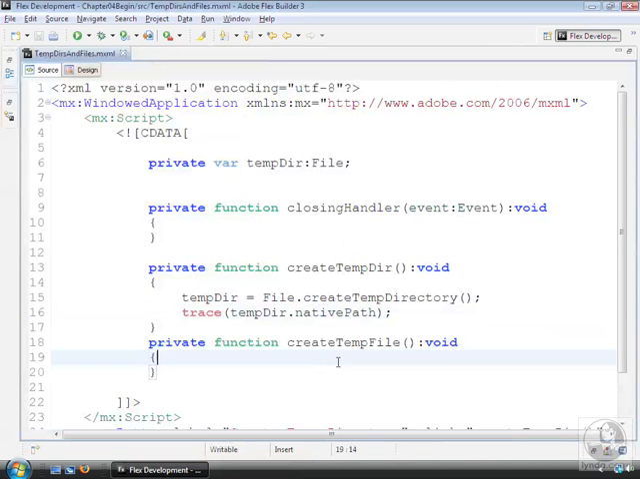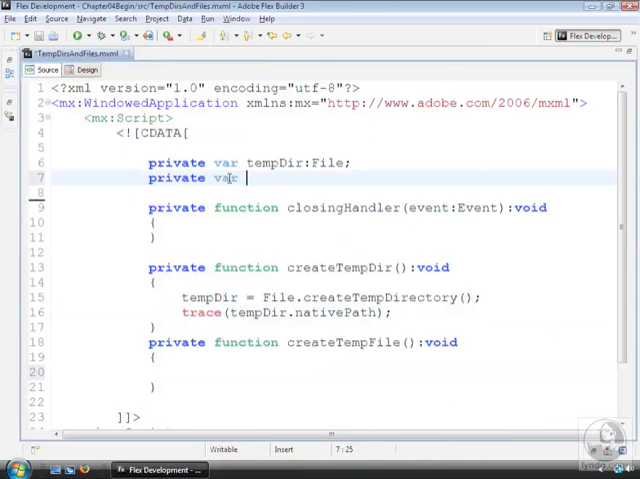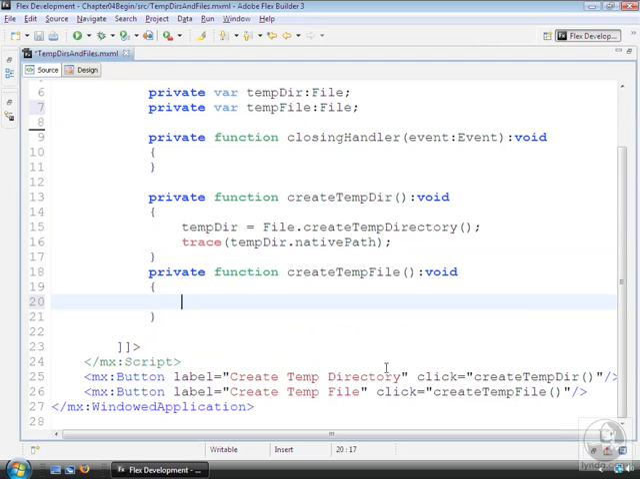The code to create a temporary file is very similar. Place your cursor at the top of the functions and declare a private variable named tempFile, once again data typed as a File. Then go to the createTempFile method. Use this syntax to create a new file. tempFile equals File.createTempFile. This not only creates a reference to the location of the file, but actually creates the file on disk